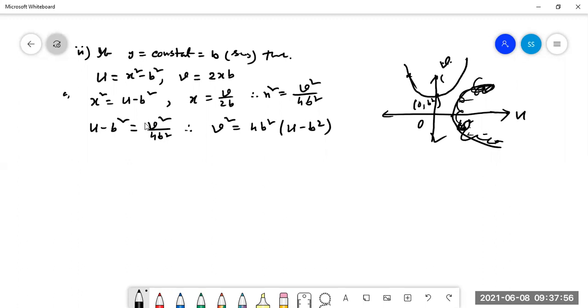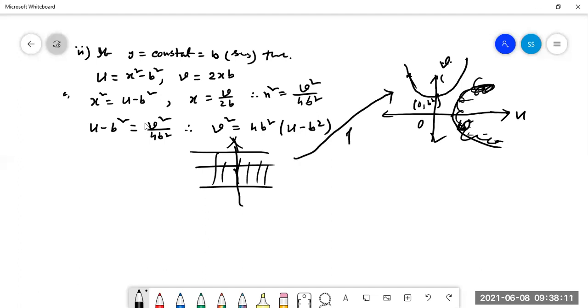So when y equal to constant, it means a straight line which is parallel to the x axis. It was in the z plane. It was like this, and this strip in the z plane, after the f, is coming here. This parabola. Is it clear? In both cases, it is coming as a parabola.